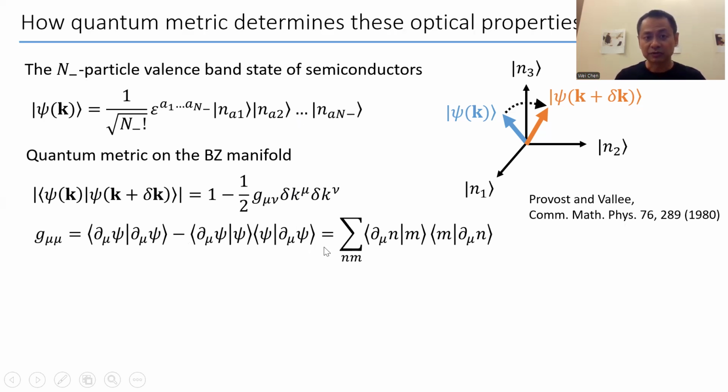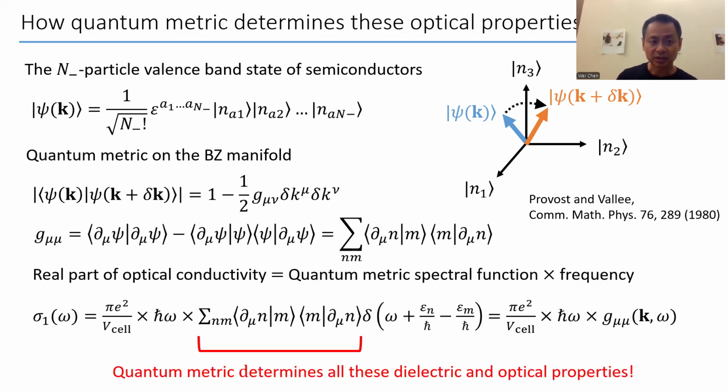And you can also use this formula to convert them into the original valence band state n and the conduction band state n. And then it's going to look like this. It looks like it's summing over all the valence band and conduction band states with a derivative on the valence band states. Now, why is this anything to do with optical conductivity?